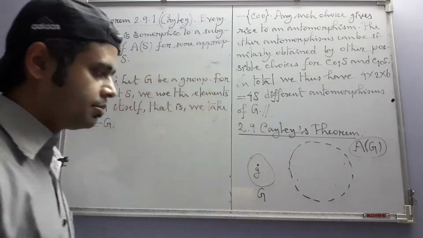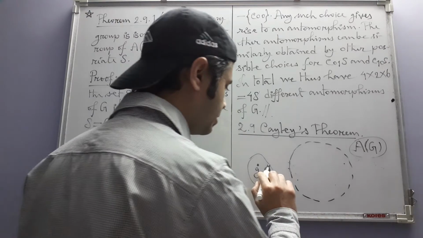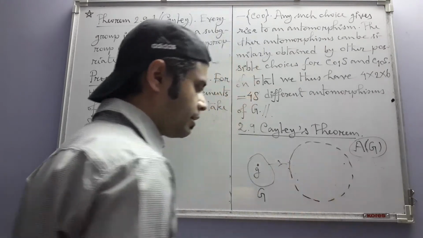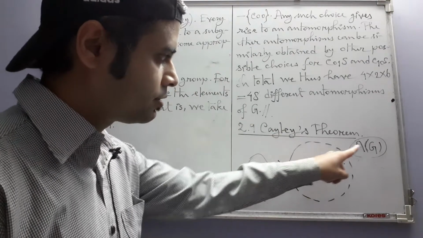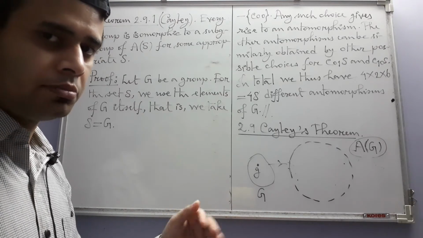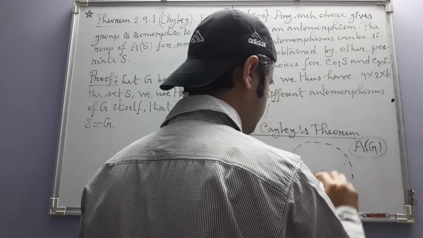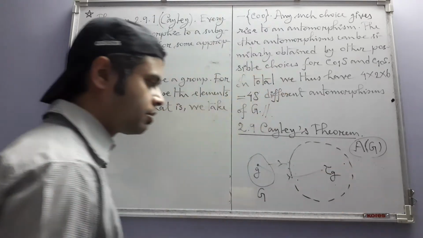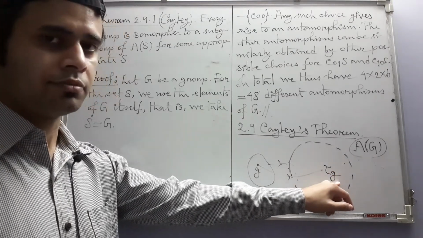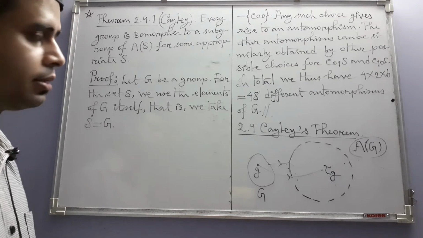If you take an element g, how would that element look inside A of G? Or more specifically, under that isomorphism, whatever it ultimately turns out to be, what is the image of g? And that image of g, you can clearly see, since it has to be in A of G, should be a bijection on G, that is, a one-to-one onto mapping from G to itself. Some sort of mapping tau. The fact that it depends on g is denoted by putting g as a suffix. Okay, we now want to know what tau g is, or what sort of tau g we can take